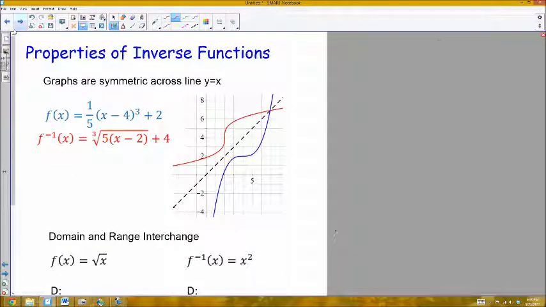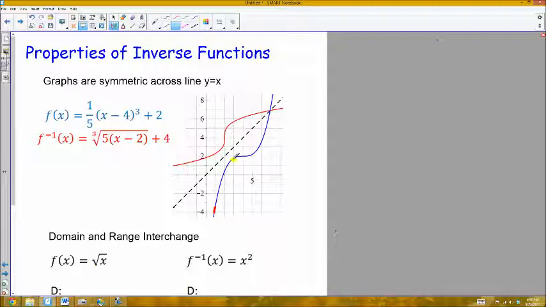Okay, the last thing we need to talk about is some properties of inverse functions. The main one is that any inverse function and its original function are symmetric over this line y equals x. Here's the graph of f, which is 1/5 (x minus 4) cubed plus 2. That's this blue graph here. Its inverse function, which you can solve for by using either of the two methods we just discussed, when graphed looks like this. These two graphs are symmetric over this line y equals x,